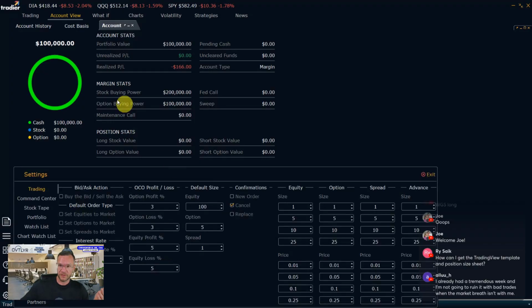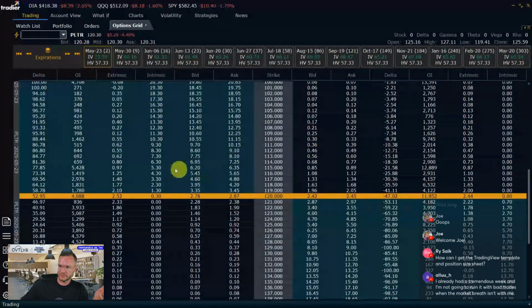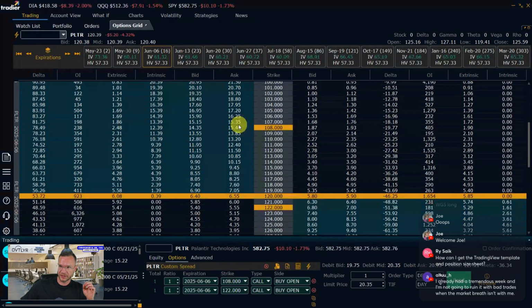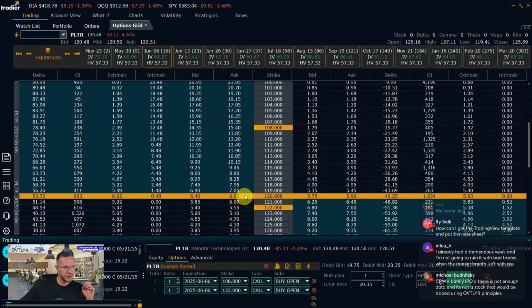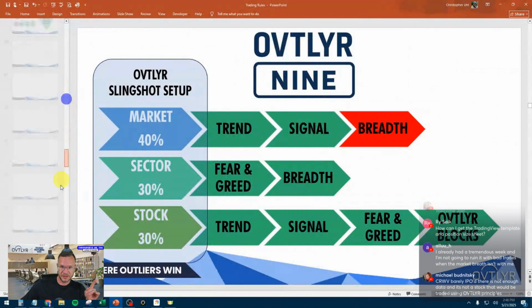When I roll from one to the other, hold tight, trading options grid. There we go. When I roll from one to the other, from the 108 to the 122, I'm still keeping the trade alive. I'm still keeping the trade alive going from here to here. I'm still holding a position from here to here. Now, by doing so, it is a completely new trade, but in the process,